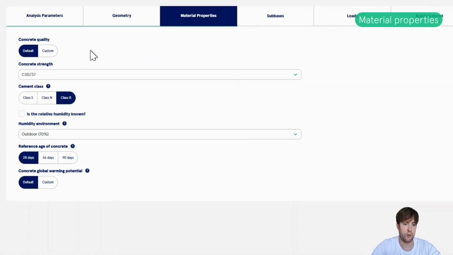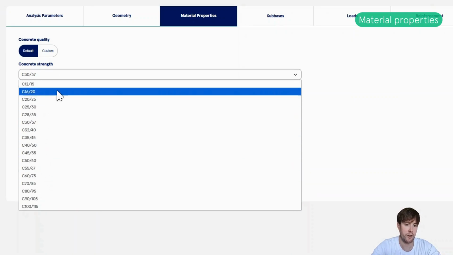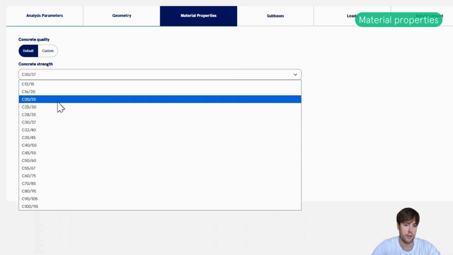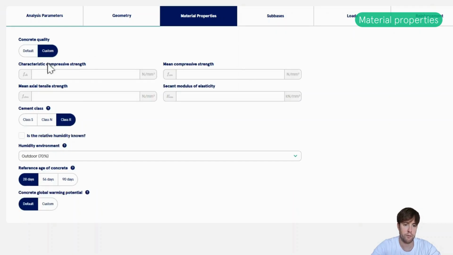Here you can choose to use default concrete qualities. Then you choose the standard concrete qualities from the Eurocode. So let's go ahead and choose a C30 concrete here. But if you were to choose custom, you can type in the exact material properties of the specific concrete that you're using.